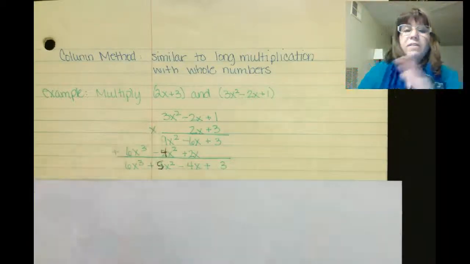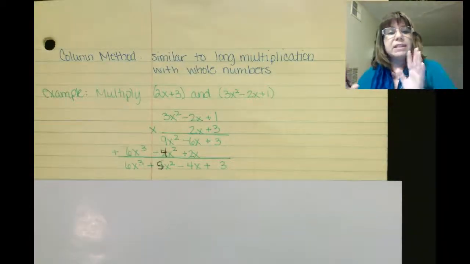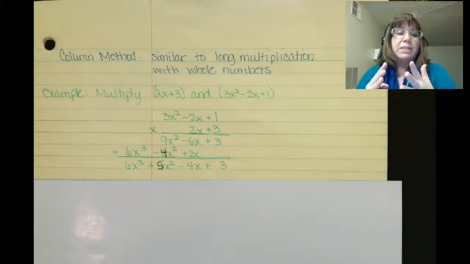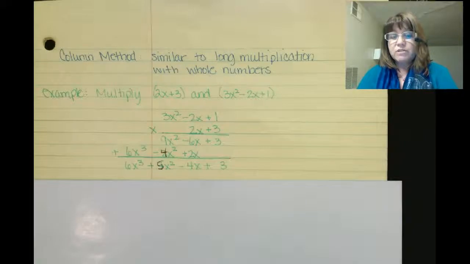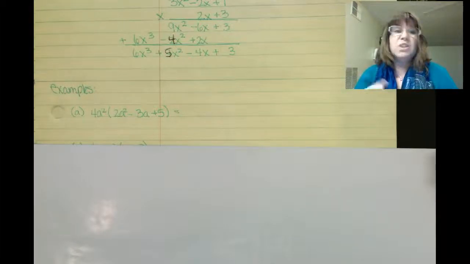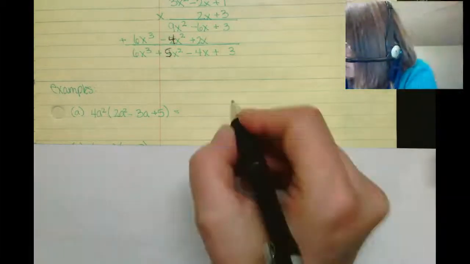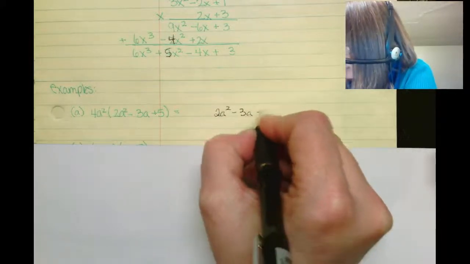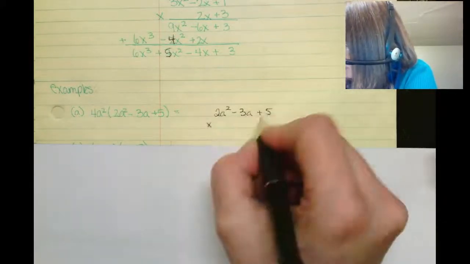Now, whether you like the FOIL method or if you like this new long multiplication method, the column method, is up to you, whatever you feel comfortable with. Let's try a few examples. This first example, I'm going to use the column method. So 2a squared minus 3a plus 5 times